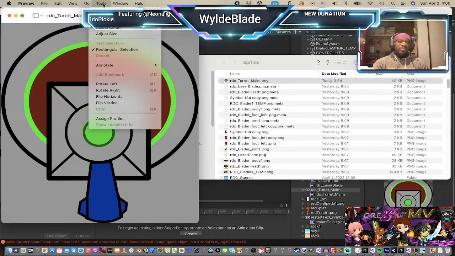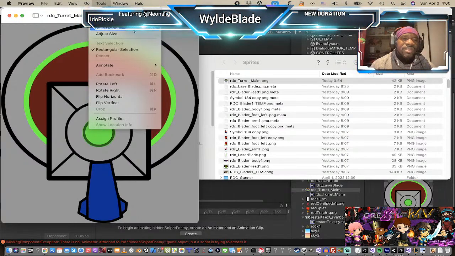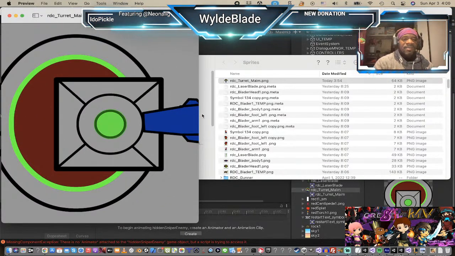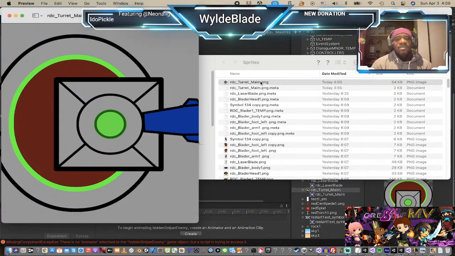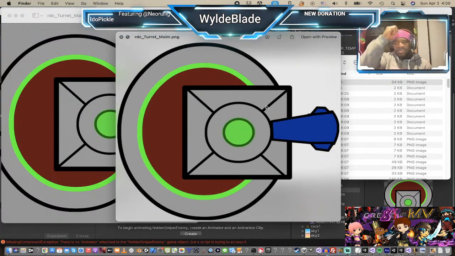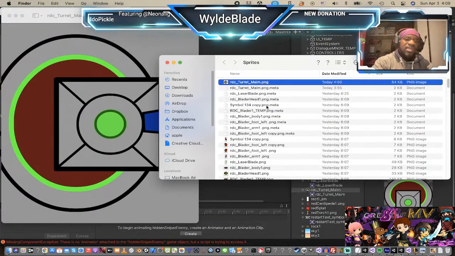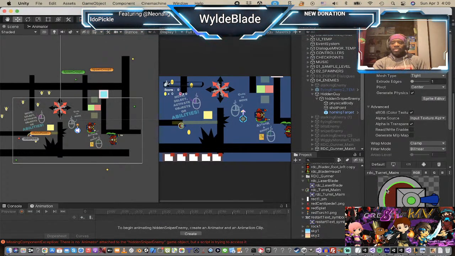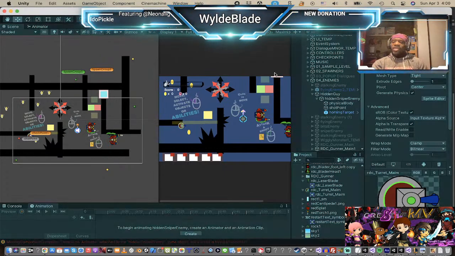Because this is sitting inside of a container already, all I have to do is rotate left. Okay, rotate left and save. Make sure the save file looks okay, which it does. And then when I come back into Unity, it's going to re-import this facing to the right. And when I hit play,